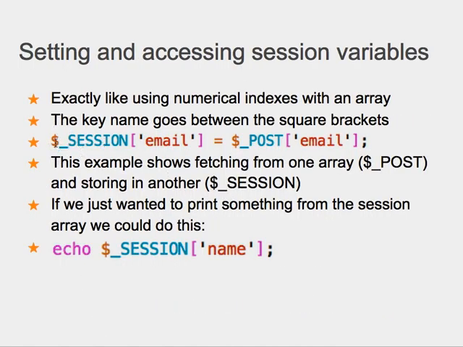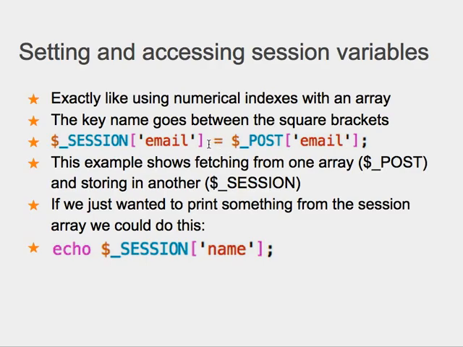Before you can check them, obviously you're going to need to set them. This is exactly the same as dealing with any other array. So before, when we've set things to be an array with numerical indexes, we've done it exactly the same way. So we've got the name of the array, we've got the square brackets, we've got the index, the key, and then we've got the closing square brackets. So whether this is a number or a string, and PHP lets you mix those, although I wouldn't recommend it,